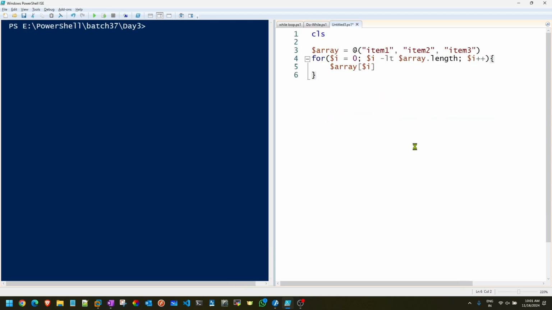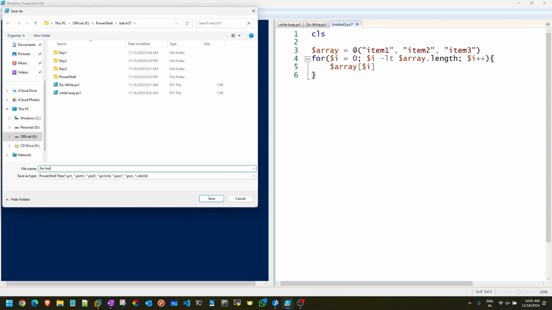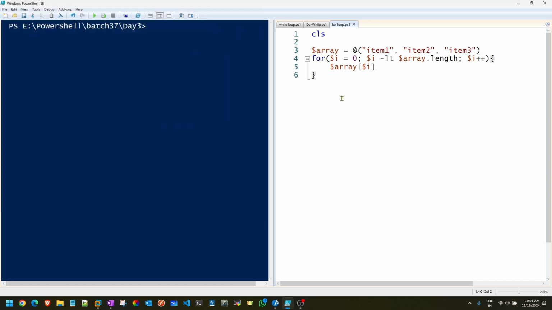So now the next loop is the for loop, where again an array has been created. This time again I initialize the value. So that's the same old pattern you have already seen in other languages, C, C++, Java, whatever it is. So here $i less than the length of the array, i plus plus increases the value by 1, and just print it. When I run this entire code, this is how it works.